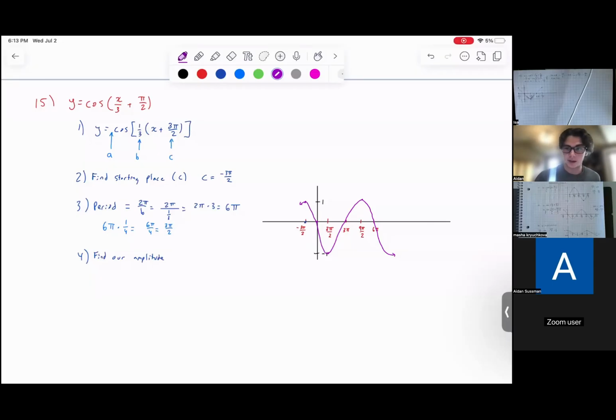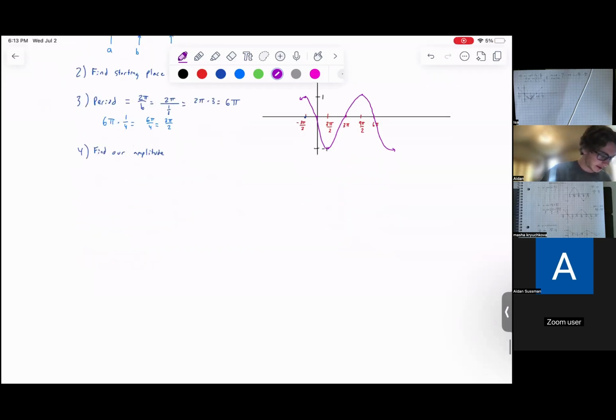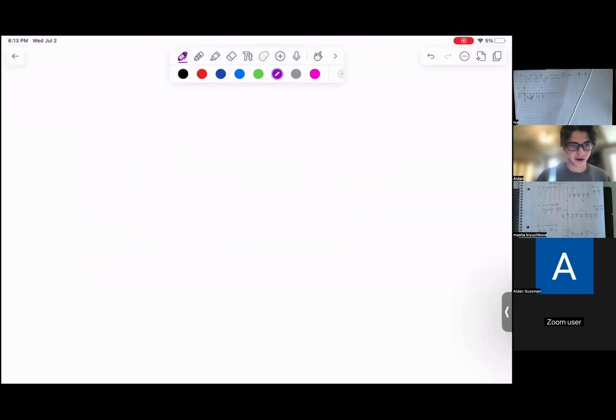Alrighty. Then let's continue. And today we're going to talk about, does anybody have a guess about what we're going to be talking about today? We're going to be talking about more graphing. What do we think we're going to be talking about today? We're going to be graphing what? Tangent? Yeah, but before we do that, let's first learn about cosecant and secant, and then we will learn about